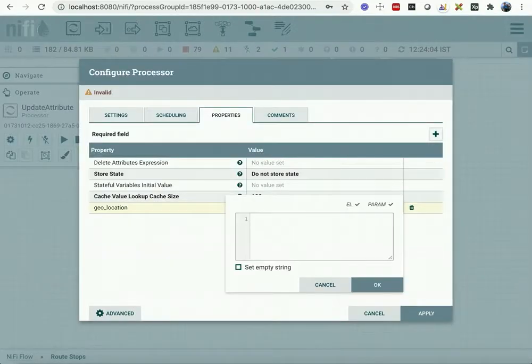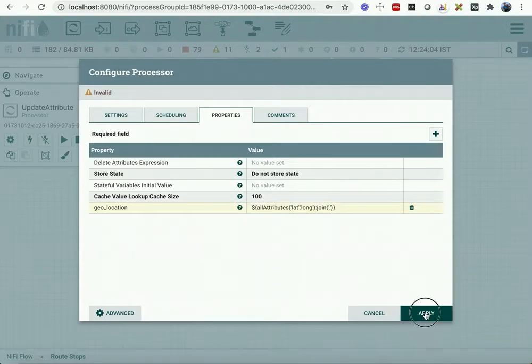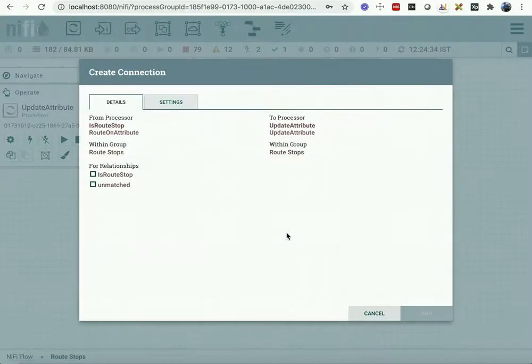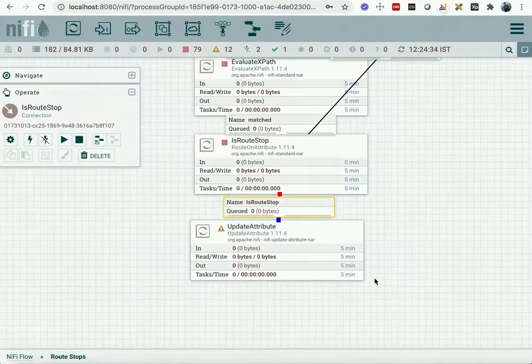Use this expression to concatenate lat and long and make sure it is comma separated. So on is root stop, and the next step is to